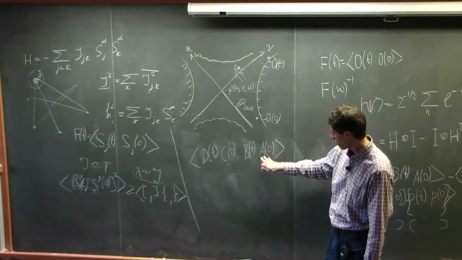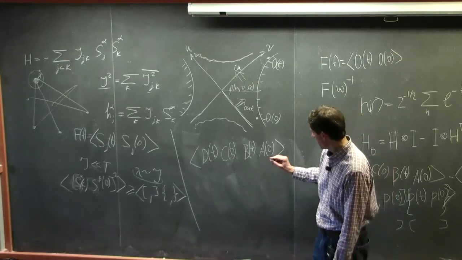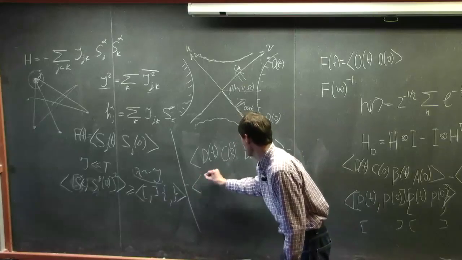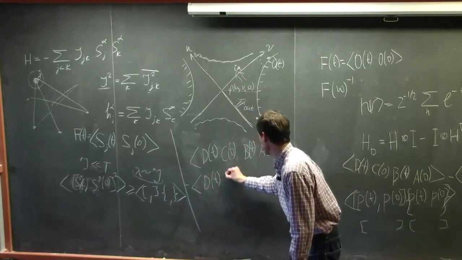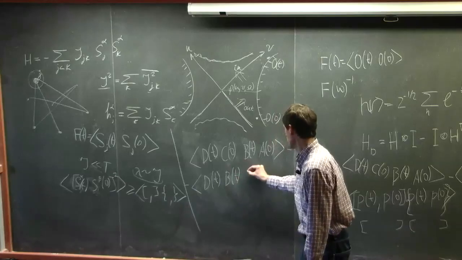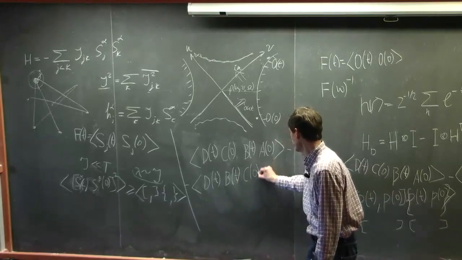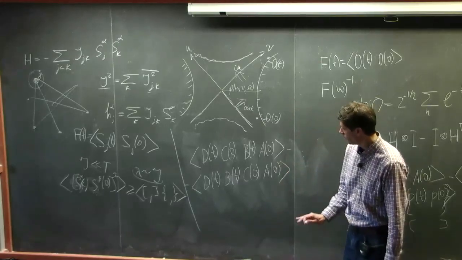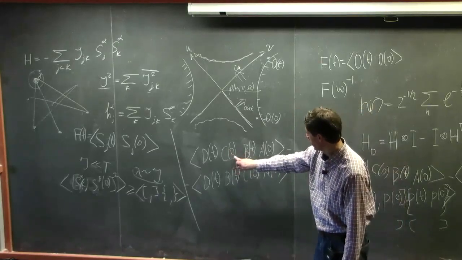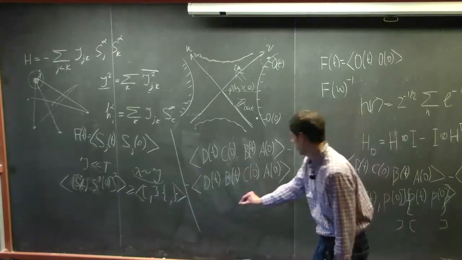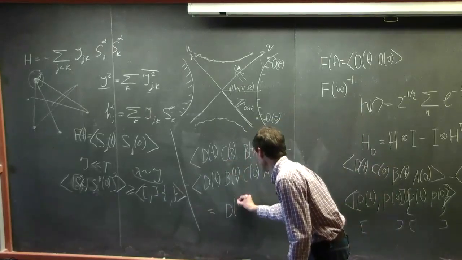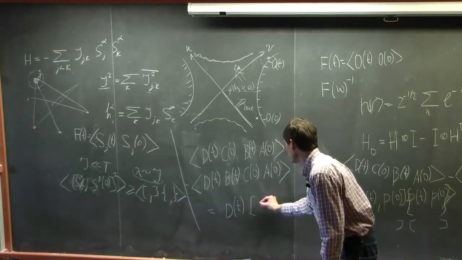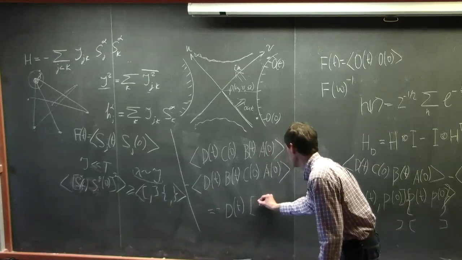And let's compare it with this thing. So they're different by the commutator in the middle. So this difference is d of t, the commutator minus